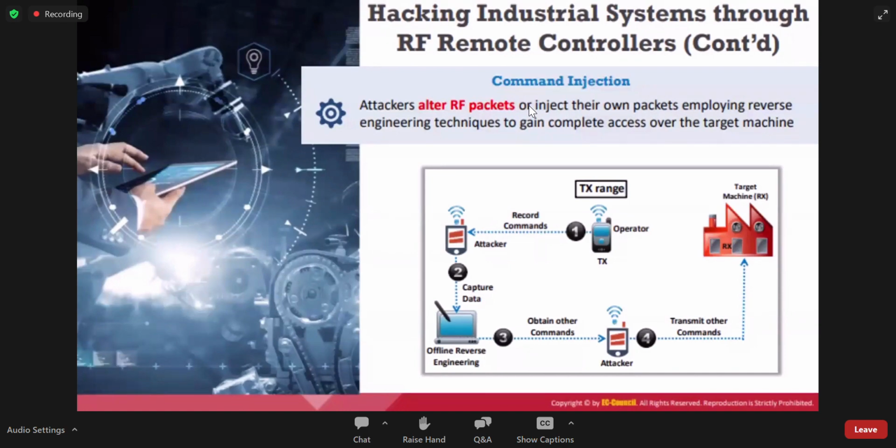Actually, it won't be much. In order to turn on the device, it will be 0 1 0 0 0. If it is to turn it off, it will be 0 1 1 0 0 0. So like this, you can easily predict it. Most RF control devices use the same kind of commands.